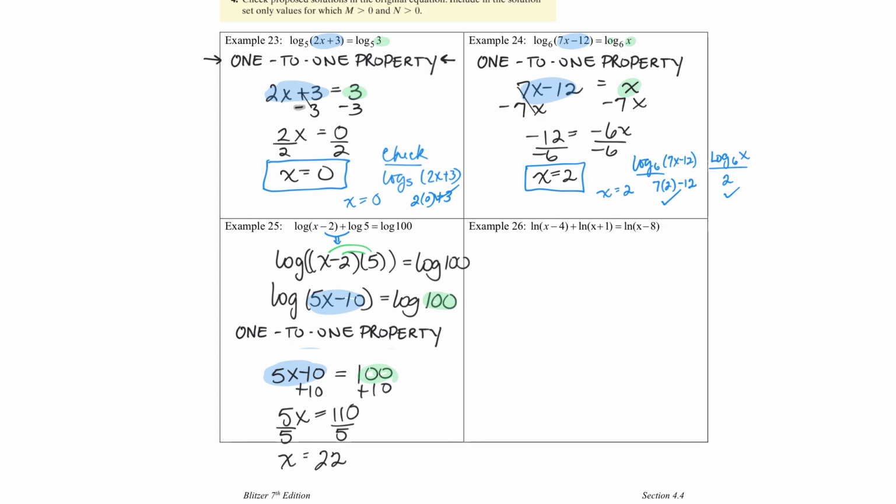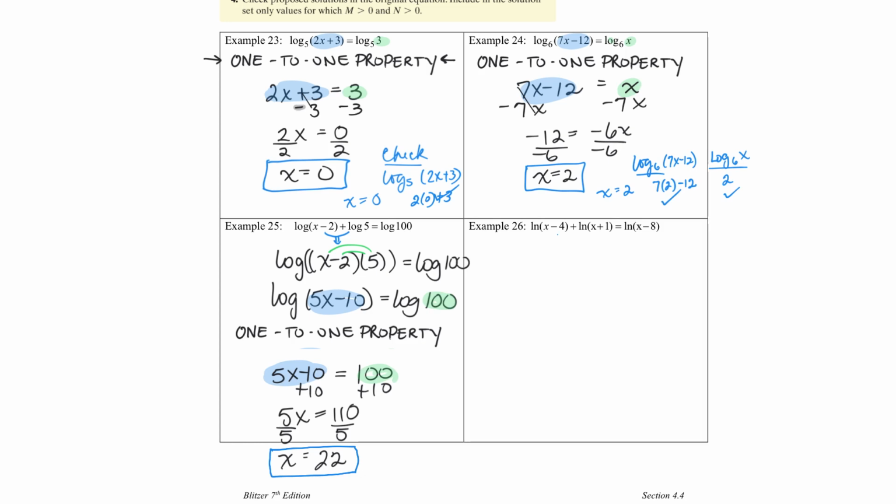So since 22 as a solution plugged into the original equation does not result in me taking the logarithms of any values that are not positive, then 22 is a valid solution to my logarithmic equation. All right, so for my final example, we're going to be looking at this logarithmic equation that involves